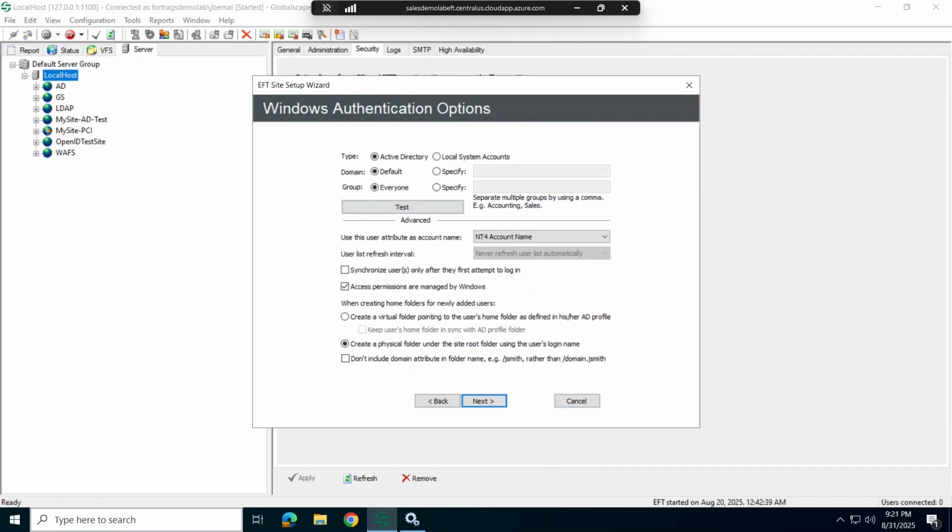Admins can choose which user attribute to use as an account name. You have the option of NT4, display name, user principal name, or common name. Regardless of the login name chosen, EFT will accept the provided login name type, whether it's UPN, NT4 account name, common name, or display name. And if the match exists, the user will be authenticated and the chosen login name type will be displayed in